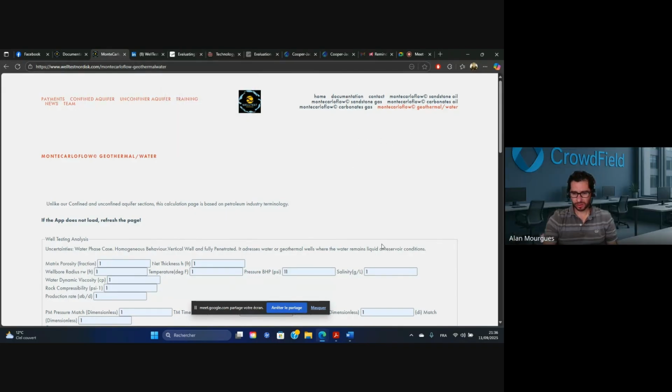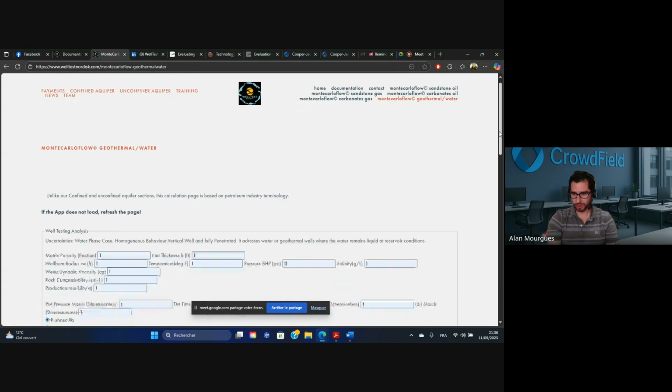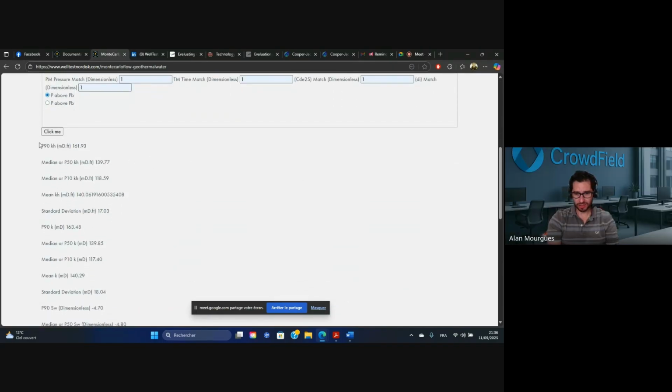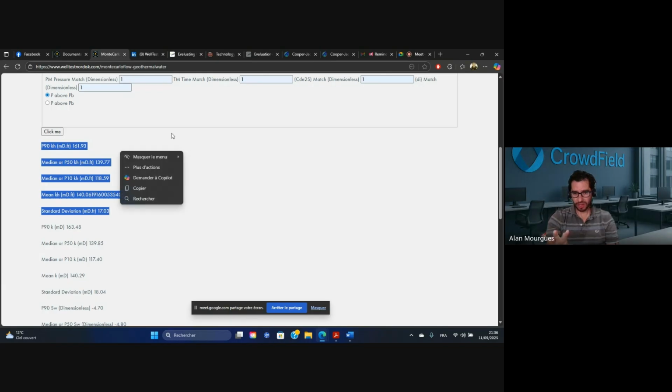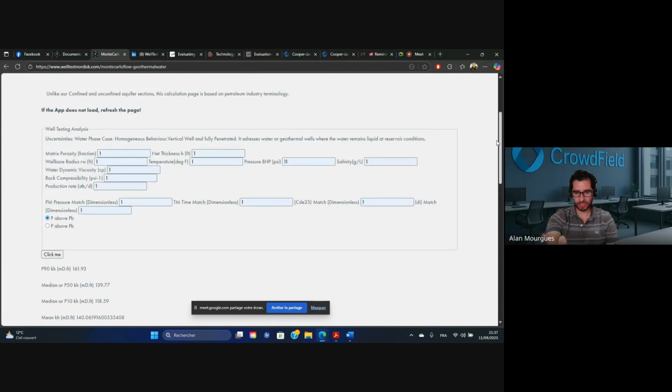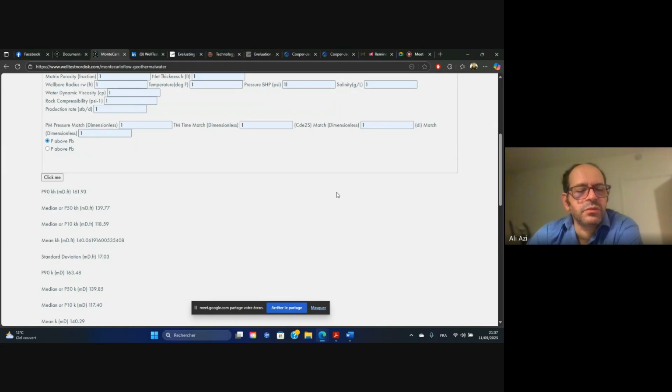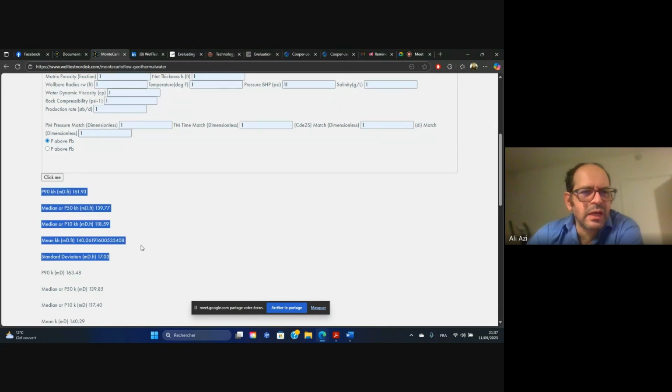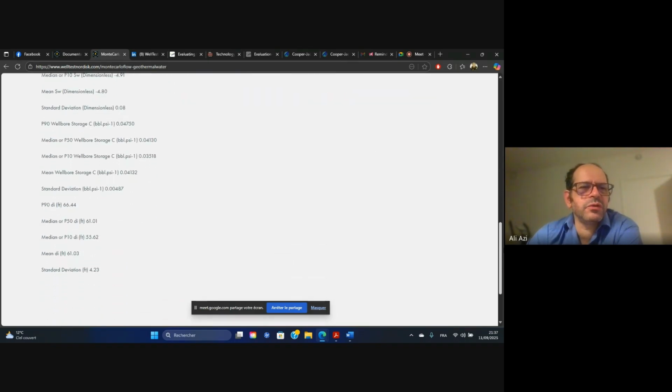Ali, on that very screen you're showing, I'm a little bit confused. You're showing the results at the bottom with the probability, P90, median, etc. And those are numbers being spit out there. What I'm not understanding is, this is against an actual pressure data deck you loaded, you're matching against. These are metrics of what distribution? It's the statistics on the probability density function for the KH, which is the conductivity and the permeability and the mechanical skin and other outputs like wellbore storage and distance